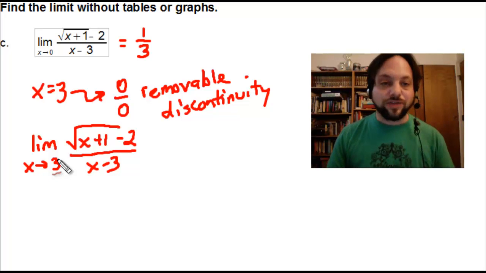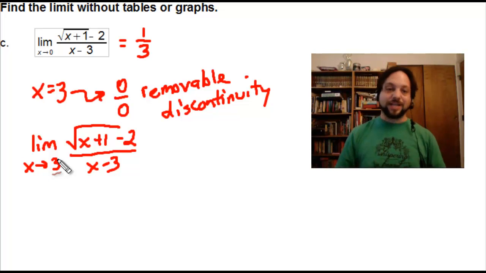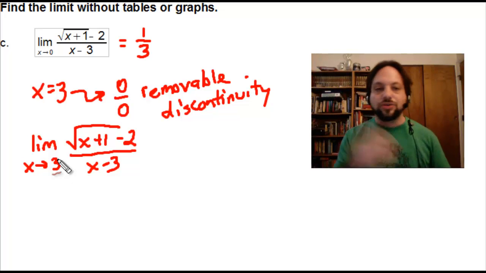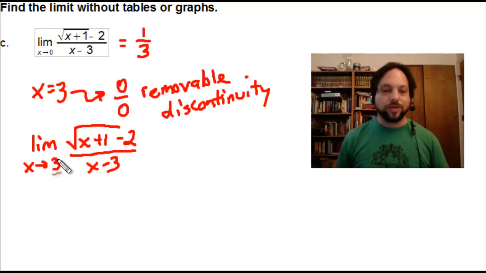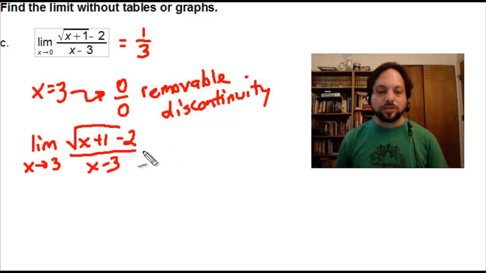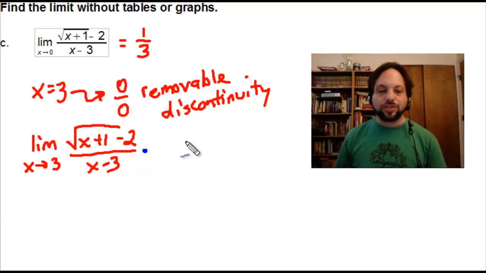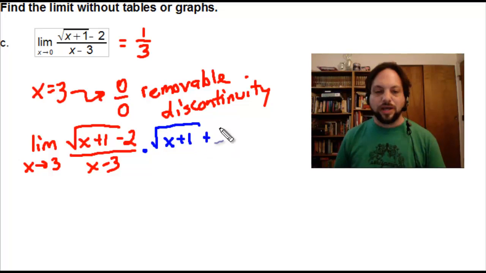Can we factor this function? And the answer to that is, unfortunately, no, we can't. But you've been through Algebra 2, you've been through pre-calculus, you know what to do with this. Let's go ahead and multiply this by the conjugate of the numerator. Essentially, we are going to rationalize the numerator. We're used to doing this with the denominator, but you never know when it's called for on top as well as on bottom. So if we multiply by the conjugate of the numerator, which looks like this,